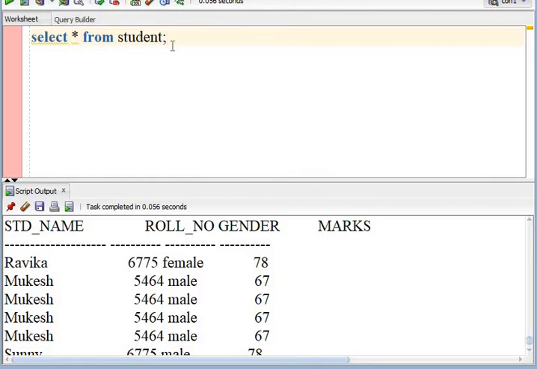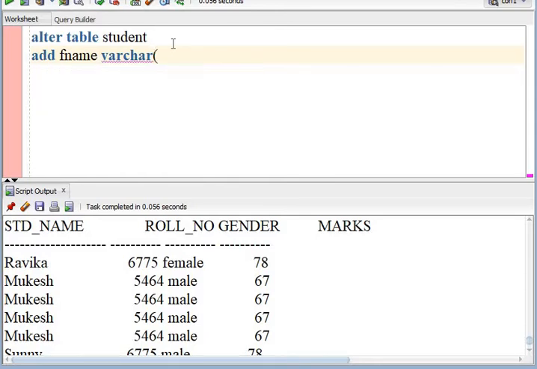Suppose we want to alter this table and add father's name in this table. For that we need to use the alter command: alter table. The name of the table is student, and I want to add a new column, so I will be using add. The column name is father name, and then its definition.